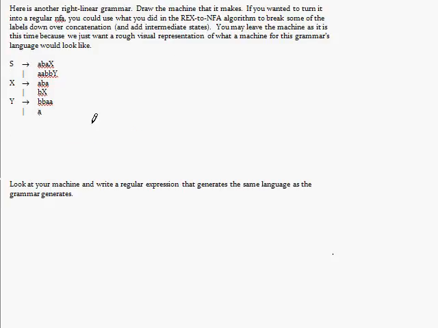The next example is right here. It's another right linear grammar, but it is a little different because we have longer word beginnings, a longer word there and a longer word there, and we don't have any lambdas, so this one's going to be a little bit different. Let's try it. We have a state S, that's our start state. On this substring ABA, we need a transition that goes to X. So here's X